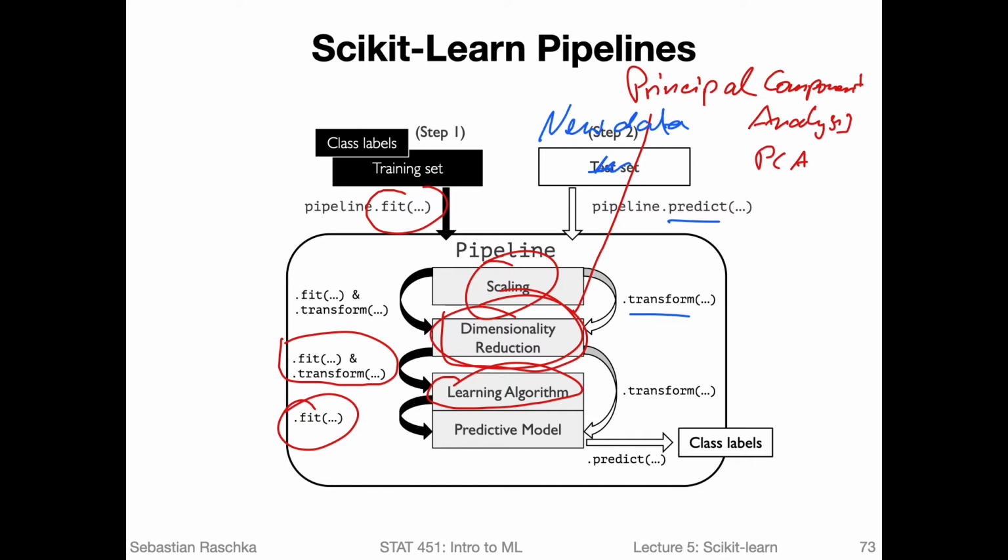So if you, for example, deploy your model on a web server and you have a new customer and you want to do a certain prediction, what movie the customer likes, for example, then you can also use the pipeline. It would do a predict, transform. So transforming, if you did a standardization during training, this would also then use the standard scaler with a mean and standard deviation from the training set. And then if you used dimensionality reduction, it will also do that. And then finally call predict on the classifier to return the class labels. Yeah, and that's essentially a pipeline. It allows us to chain together multiple objects like transformers and estimators.